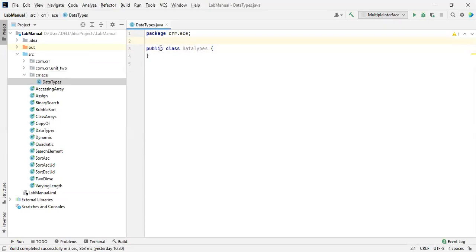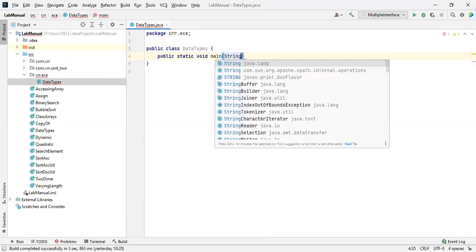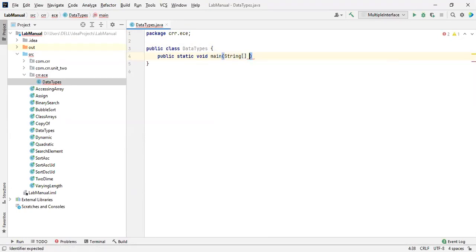Okay. So the public, what is an access control? And there is class, a keyword, and this is the name of the class. Inside this, type public static void main and String, with a single dimension, and args, and it starts with a curly brace, and press enter.